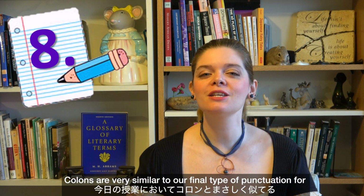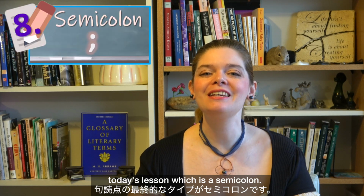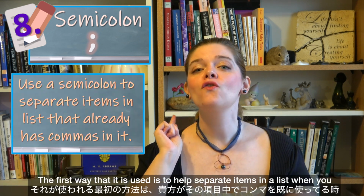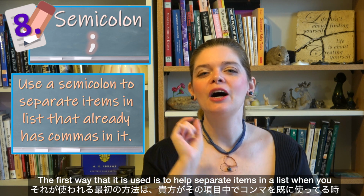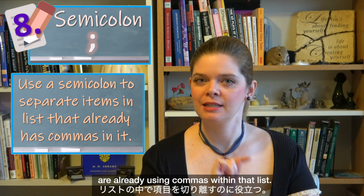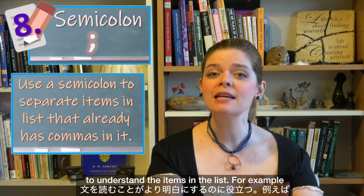clause. Colons are very similar to our final type of punctuation for today's lesson, which is a semicolon. A semicolon is used two basic ways in English. The first way that it is used is to help separate items in a list when you're already using commas within that list. This is to help make it clearer for the people reading the sentence to understand the items